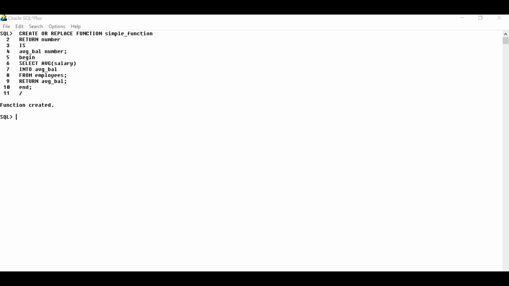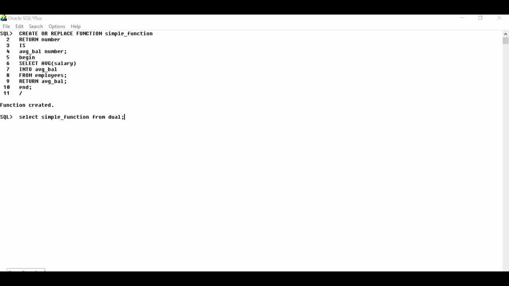In between begin and end section, I just wrote a select query to calculate an average salary of an employee. Select average salary into average balance, which is our declared variable, from employees table that I have already created, and then return average balance and end of the function, and that's how our function is created.